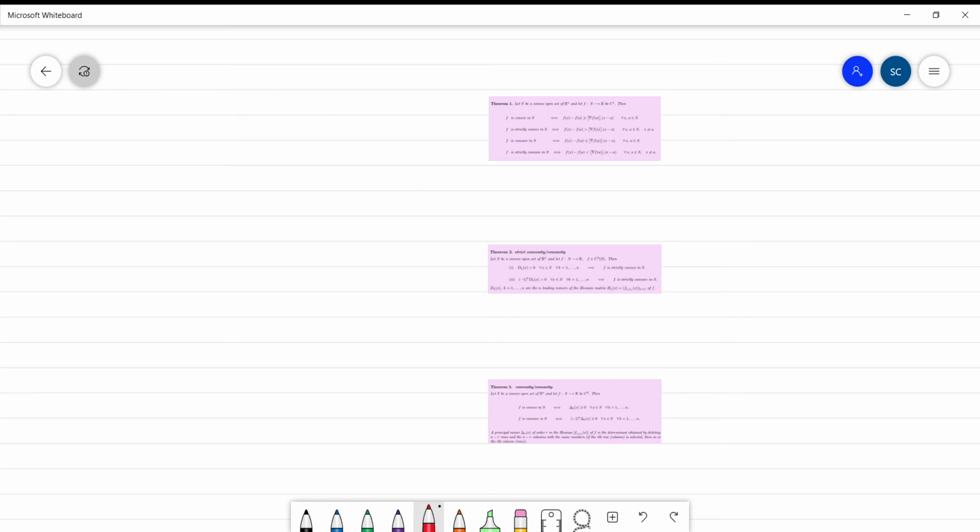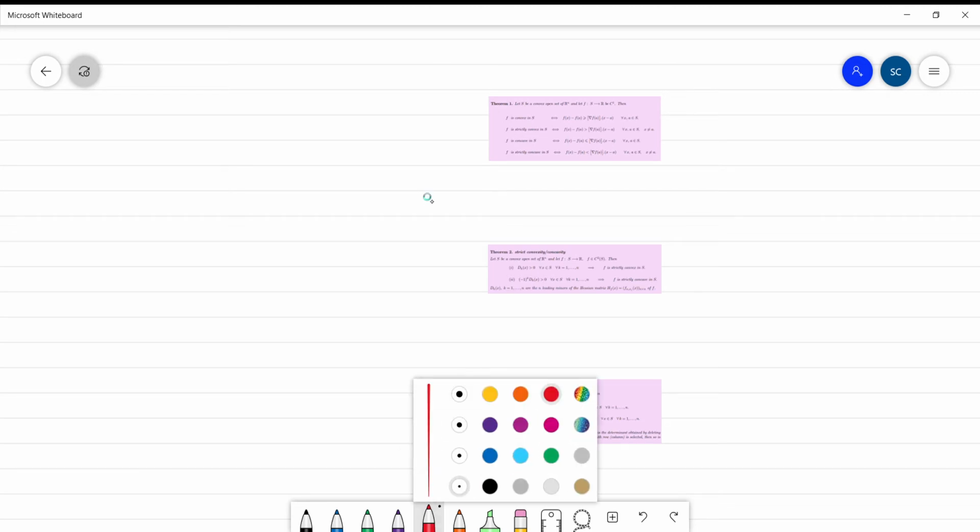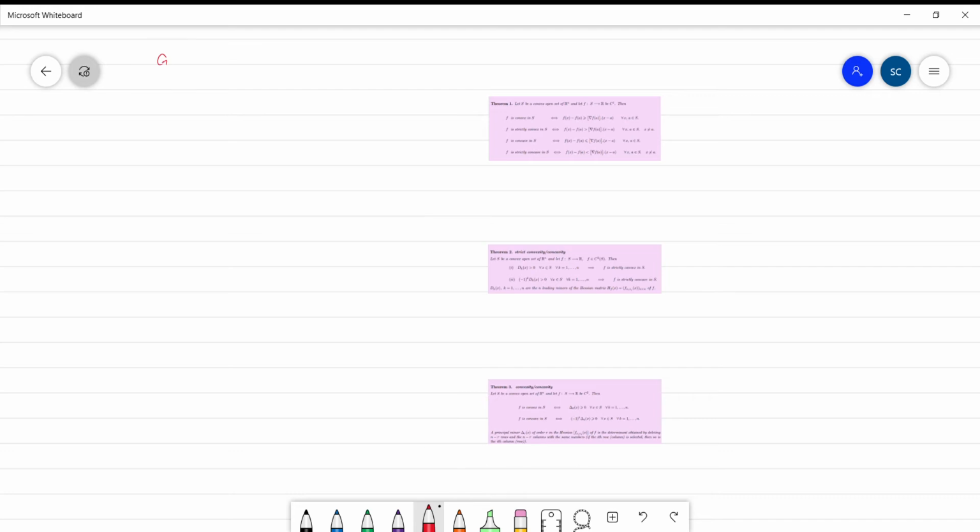So this time we want to discuss global extreme points. If you remember last time, to identify that the critical point was a local maximum, we